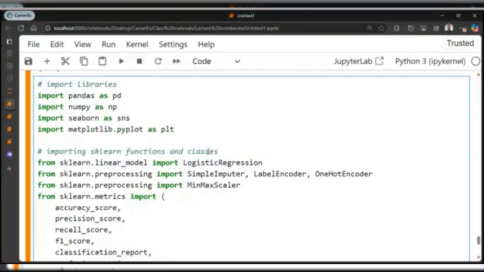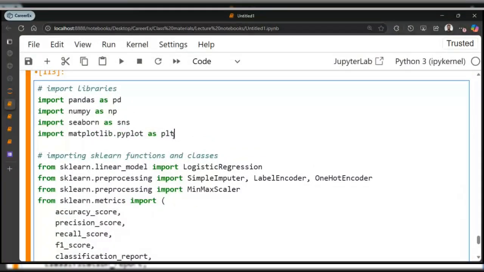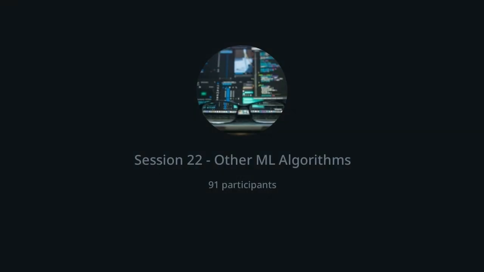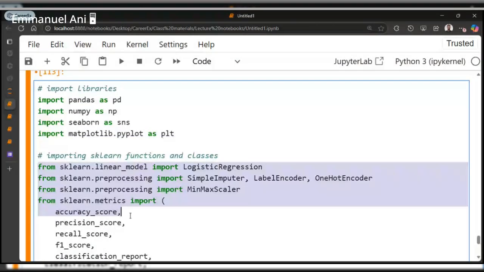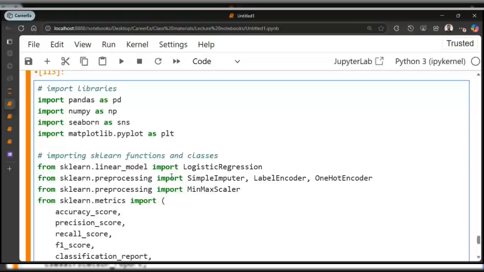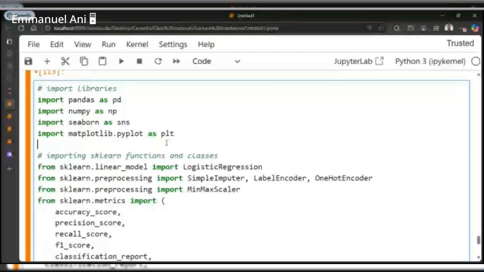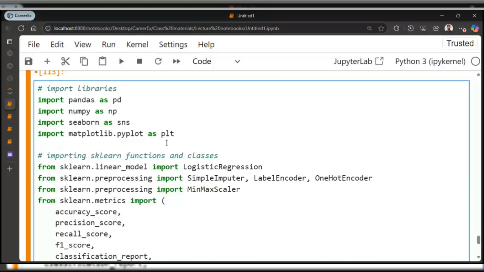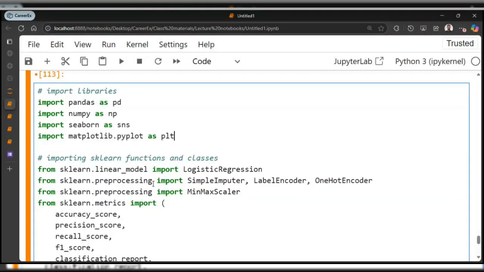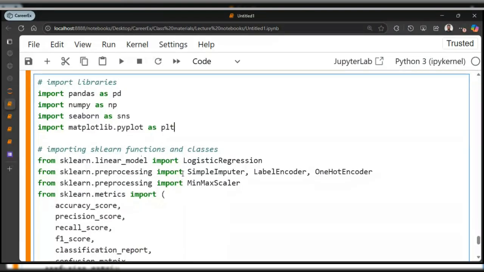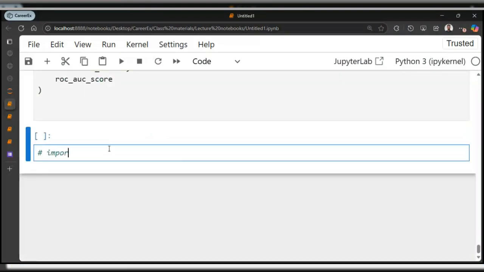Ideally, according to Python, you should separate this kind of import from this kind of import. When you're importing from a module, you separate it from when you're importing directly. You just give a single line and then continue with the other one. It's just to make things look clean and all of that. Let's just move on. So the next thing we're going to do is to import our data.